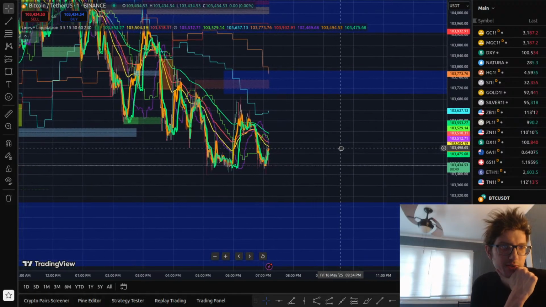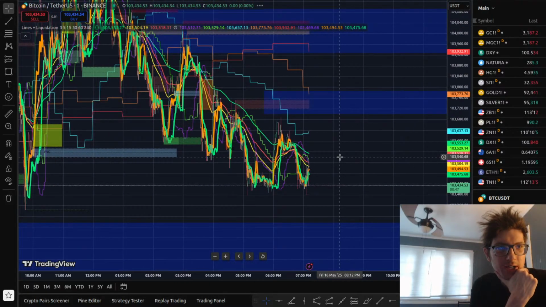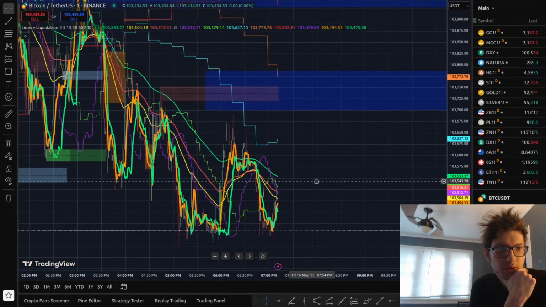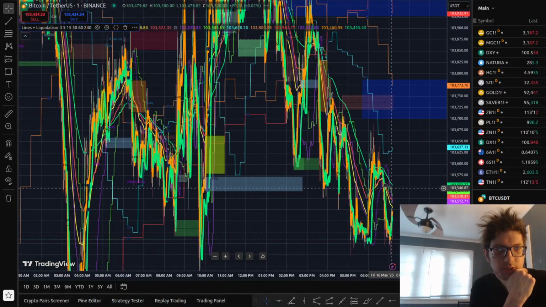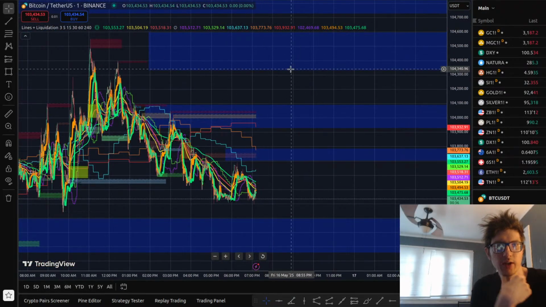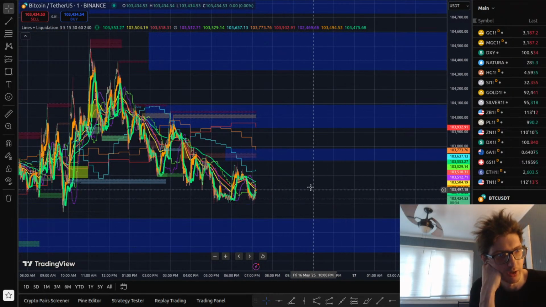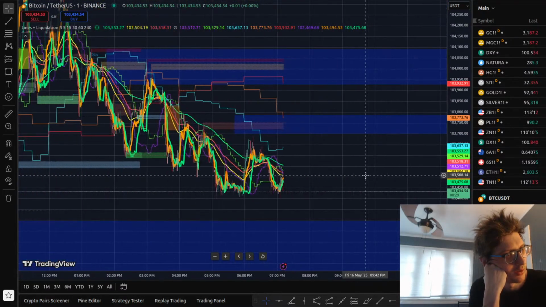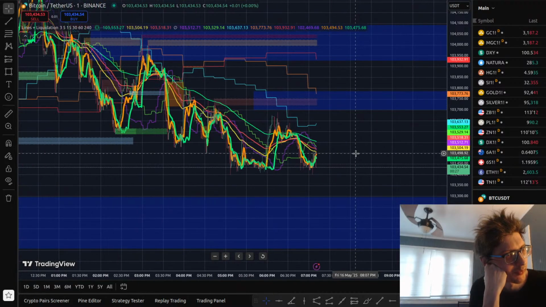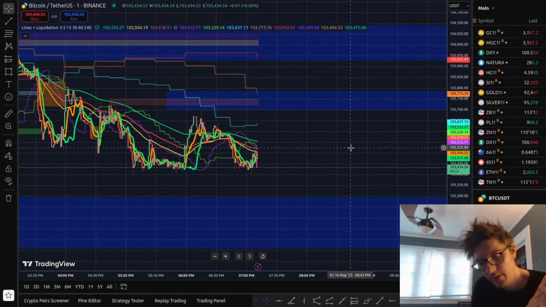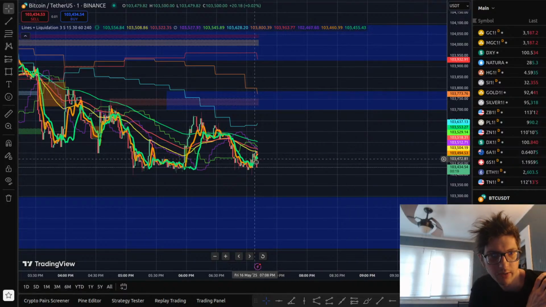I wouldn't do this normally, but I'm just showing you guys for the sake of you knowing how to use this indicator. So we can see that price wants to gravitate towards these order block sections. That's where people's stops are going to get triggered, and basically if I was betting, you know, against somebody who's shorting, I would say that the price is going to go